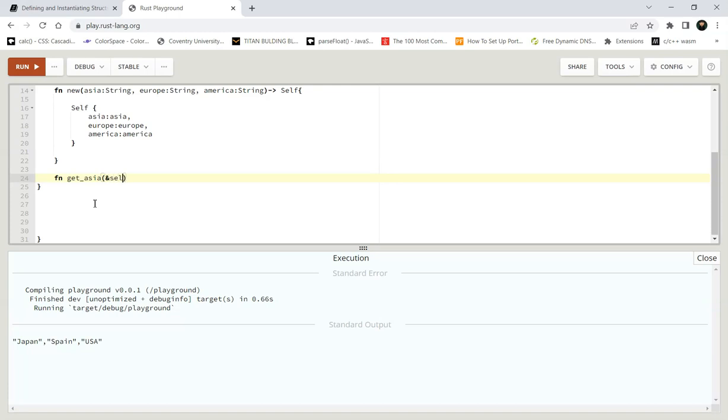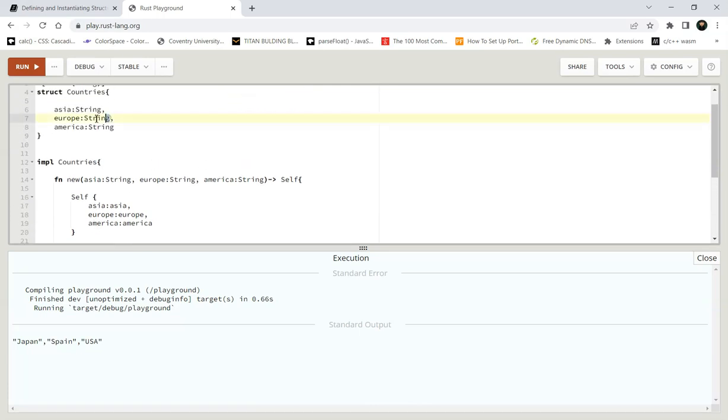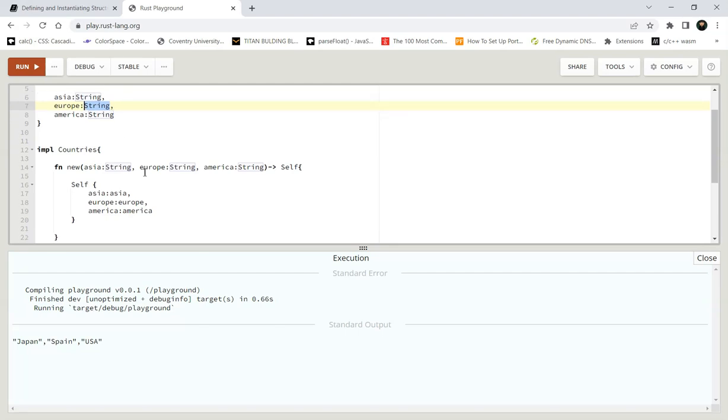It will have a reference to self, and it will return a str type, and that will be self dot Asia, but it will have a reference to the Asia string, because the type String that starts with capital S does not have a copy trait, so